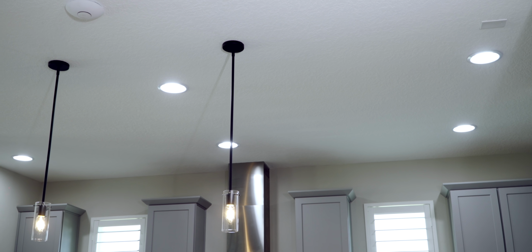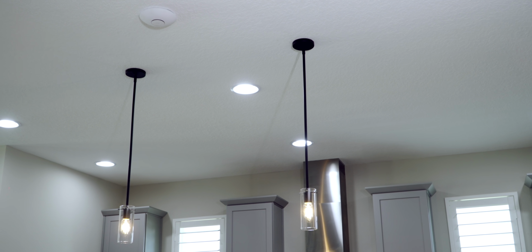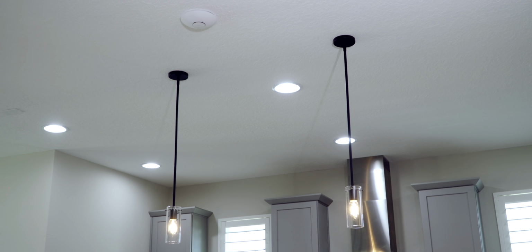In my kitchen, I have 6 BR30 bulbs, so in a situation like this, if I pay $20 to $30 per bulb, it can get pricey real quick. Or I can just get one smart switch and gain smart control of all 6 bulbs for a fraction of the price. This is great because you can just use it like a normal switch,